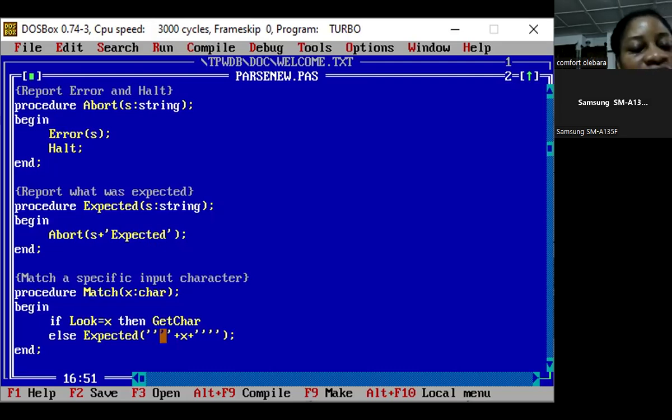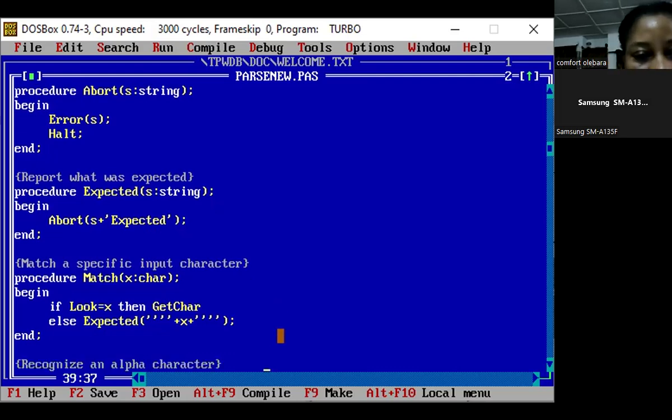So under expected, when it is single quote open, single quote close, another single quote open, single quote close, then a plus sign, concatenate it to the value of x, which you have accepted during your single quote. The same thing, you repeat that again. Make sure it's not double quotes you're using, to avoid giving you an error in expected. Okay, so now